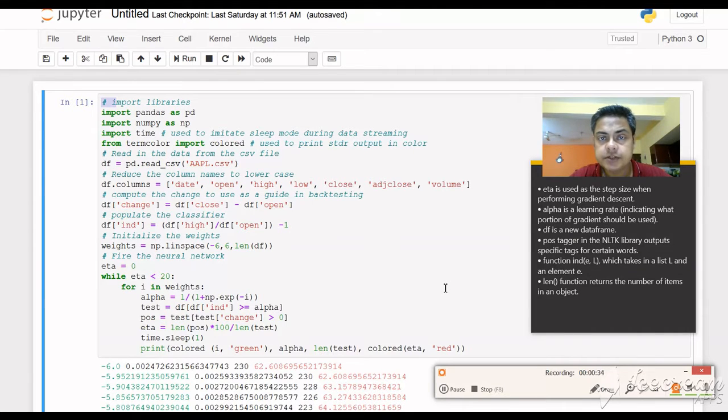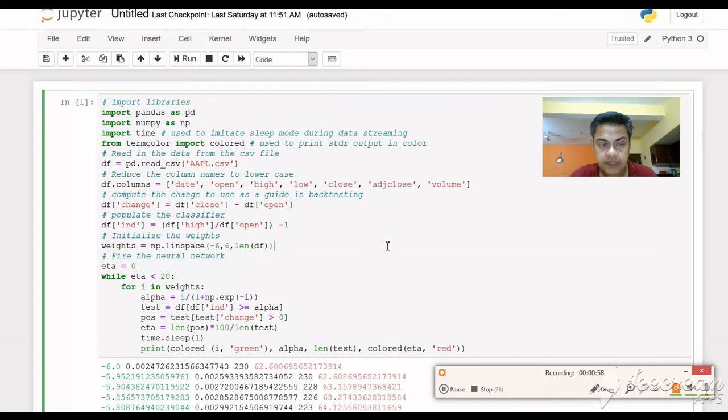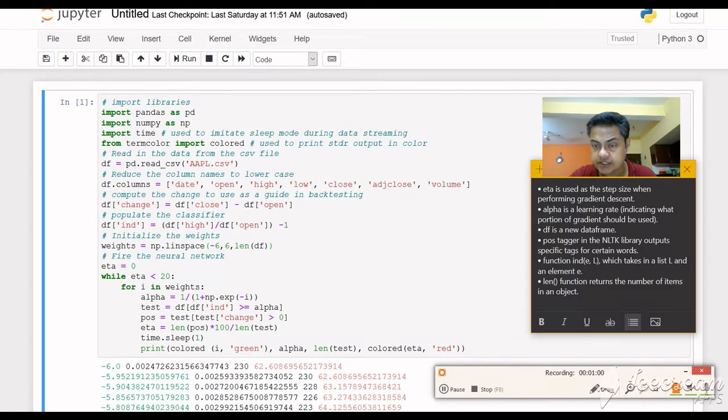So this pre-prediction file first has to go through gradient descent. That means the training of the data, and once the training of the data is perfect, that means the error has been reduced drastically, almost to zero, then we can make the prediction and we can go to the testing set. So let's see. As you see here, there are some unknown words here. So let me tell you the unknown words.